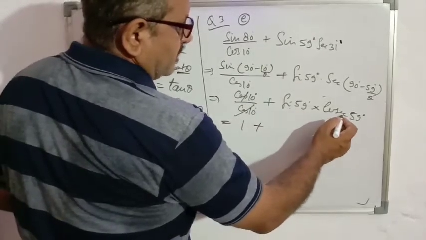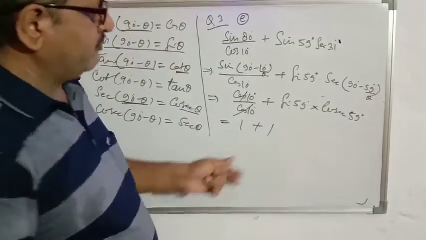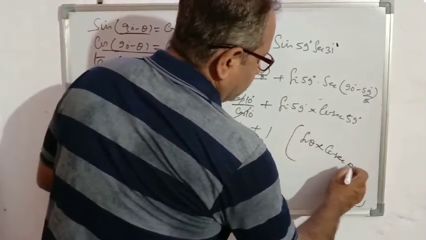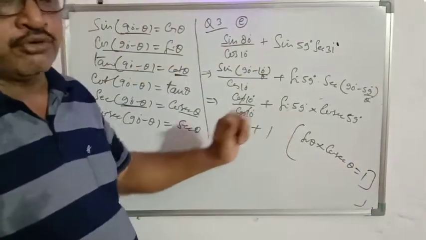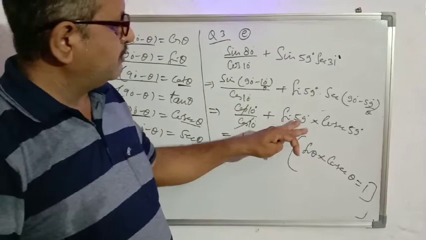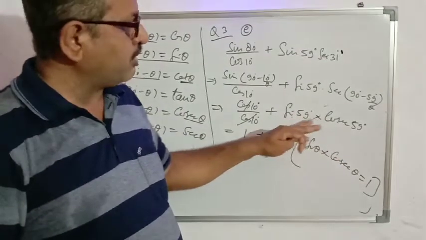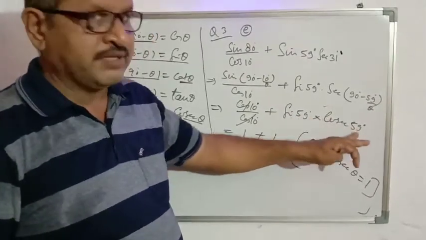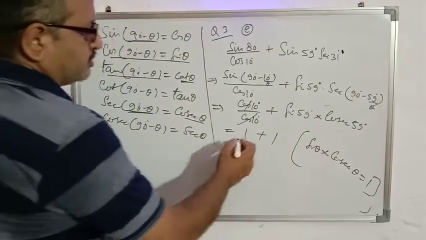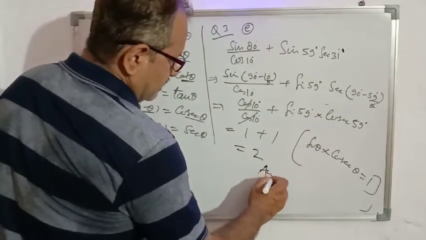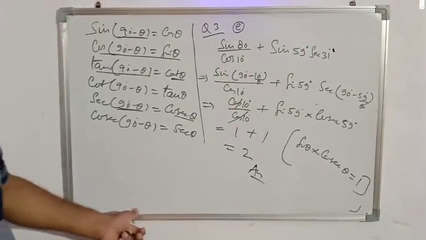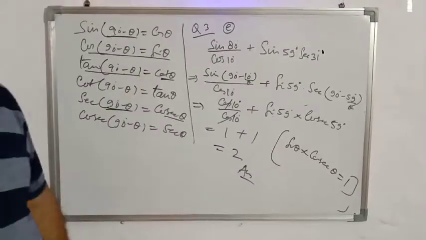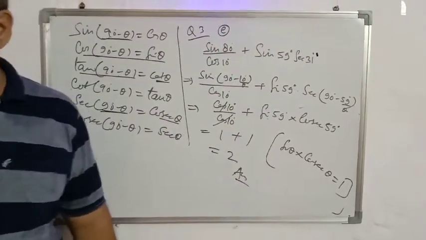Product of sine and cosec is also 1. We know that sin theta into cosec theta is equal to 1. You can see the reciprocal relations in the first chapter. Product of sine and cosec is 1, product of cos and sec is 1, product of tan and cot is 1. So here sine into cosec, the angle is the same, 59, so its value is 1. So 1 plus 1, 2. This is the answer. It is a very simple exercise. You have to remember these things and apply them in the problem, and we will get the answer. Let us see some more questions.